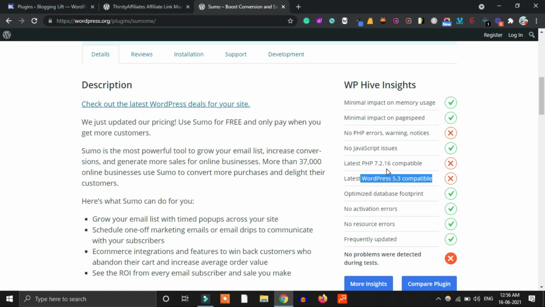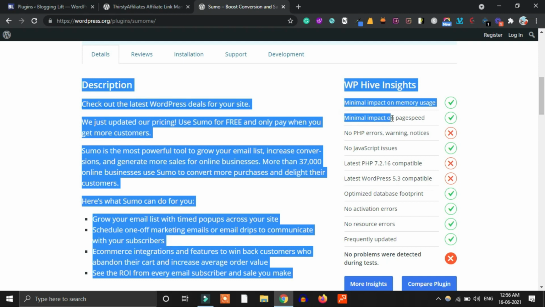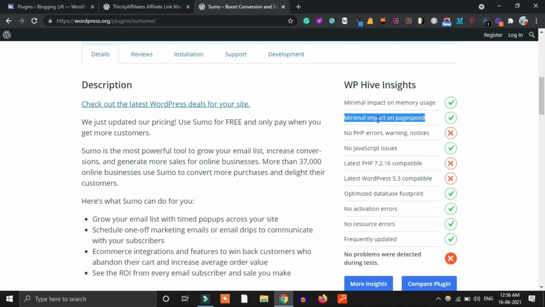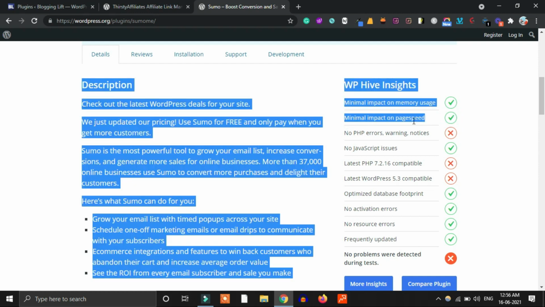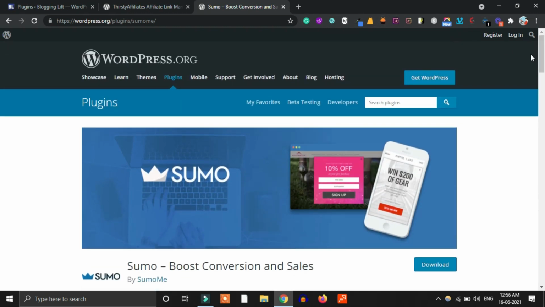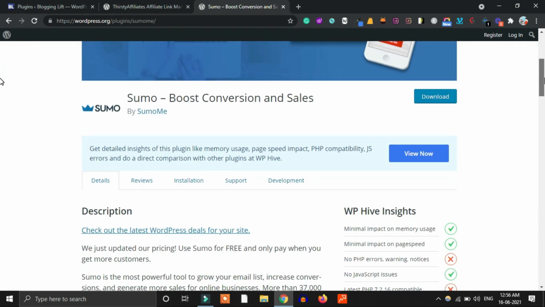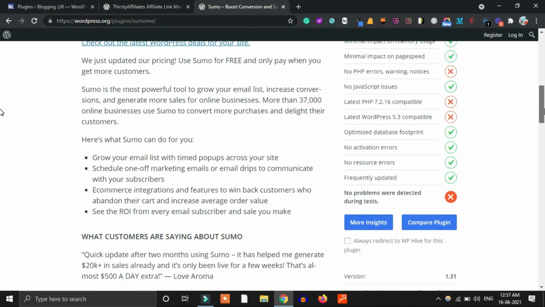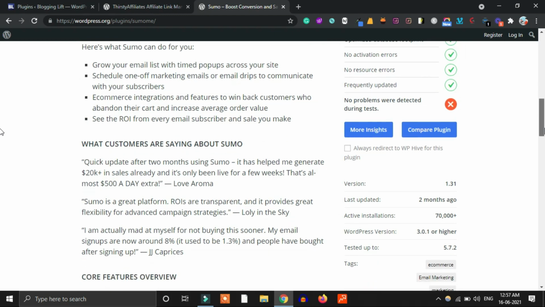Also, if you have already installed any plugin, you can check whether it is affecting your website speed or not using this second option. There is only one drawback of this Chrome extension: it only works with free plugins. If you are using free plugins on your website, you can check them using this method. I don't know any method through which you can check premium plugins which are affecting your website speed, but everyone uses free plugins on their website, so you can check all of them using this method.